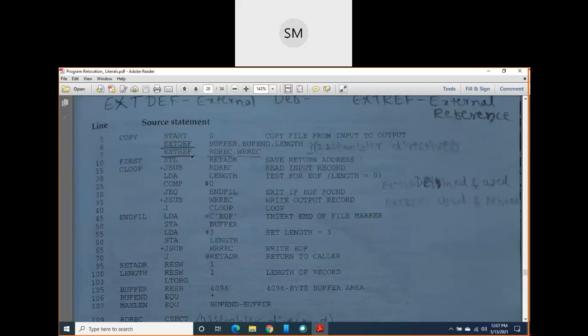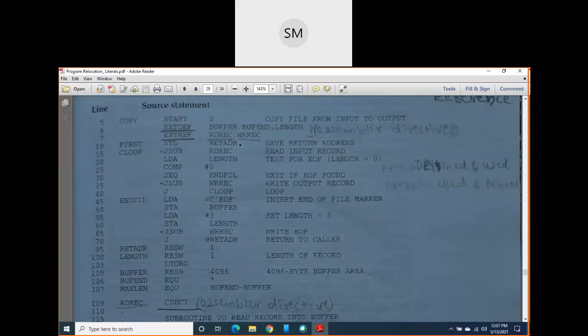Clear now? So they are defined in the read record and write record control sections, but where are we using them here? External reference says that I am using read record and write record here.